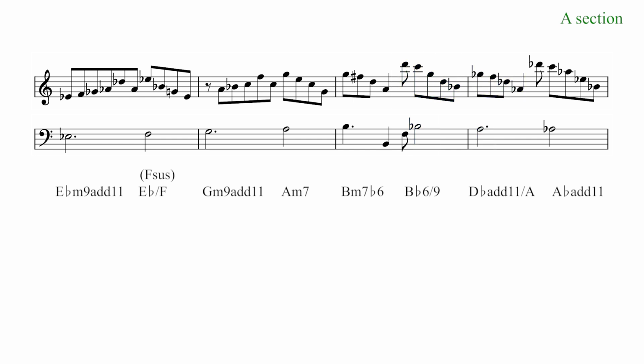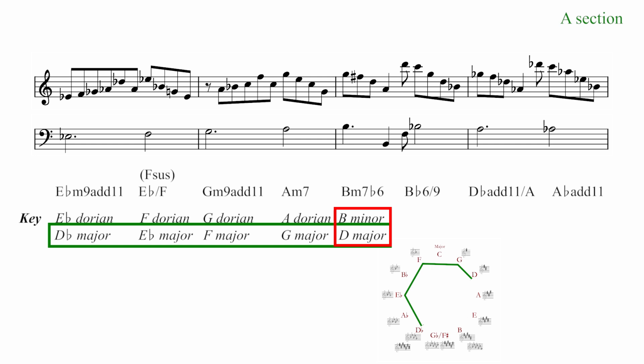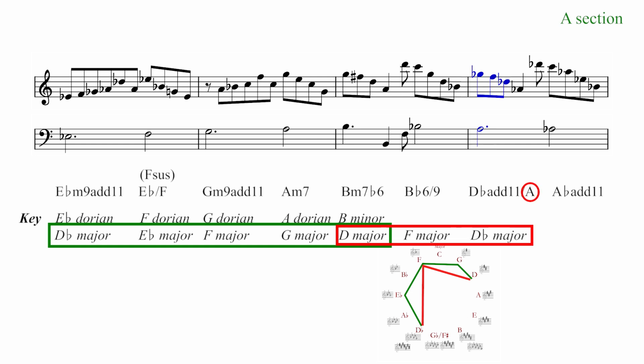So while we start from the same key of B minor or D major, the closest key fitting the second chord is F major, only 3 steps away, before generally returning to the realm of D flat major. The A in the D flat major at 11 over A is a bit tricky, not fitting into the same diatonic key as the rest of the chord's notes.